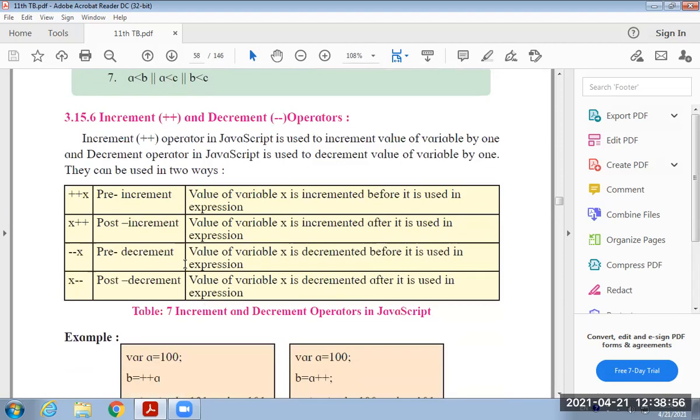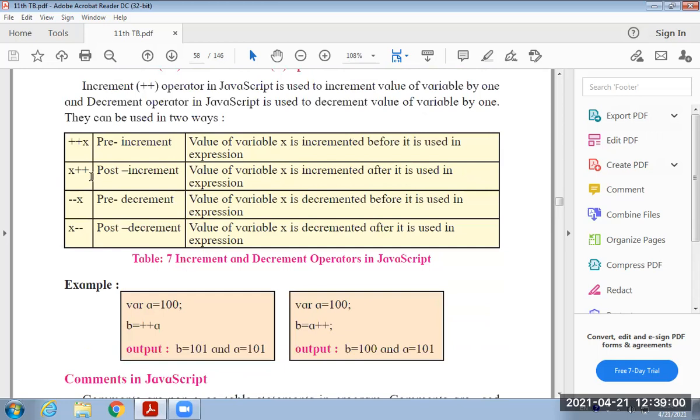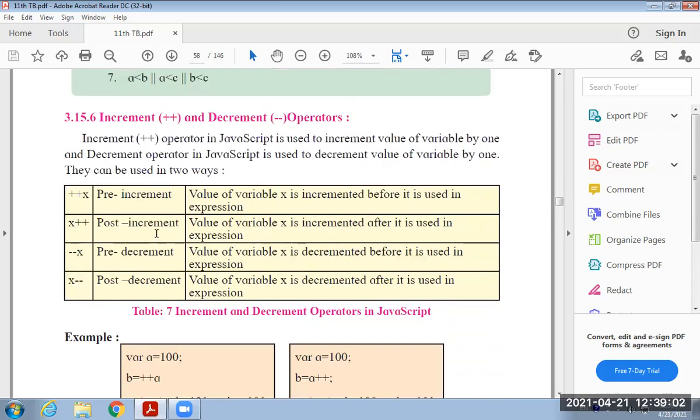Then one more operator is the increment and decrement operator. Increment and decrement operators are of two types. Increment is pre-increment and post-increment, and decrement is also pre-decrement and post-decrement. Pre-increment means we are incrementing the value of the specific variable before its execution.